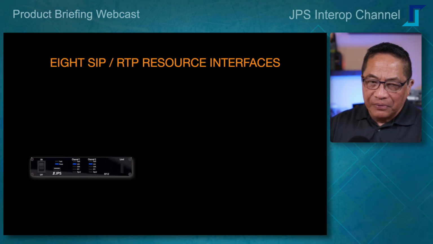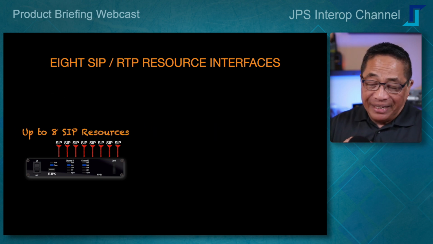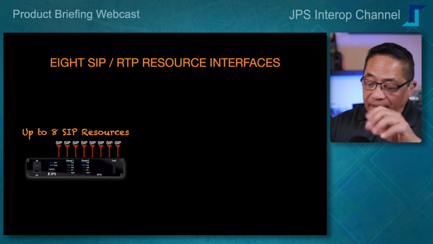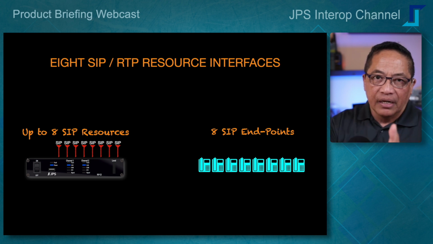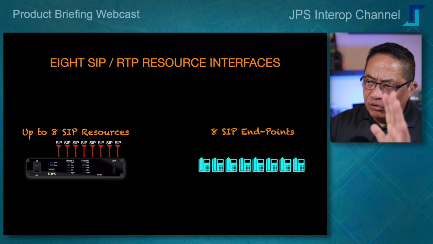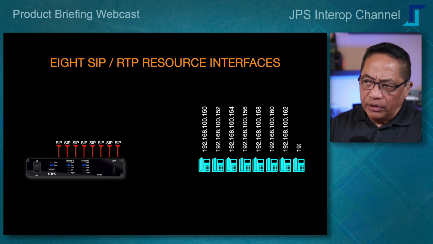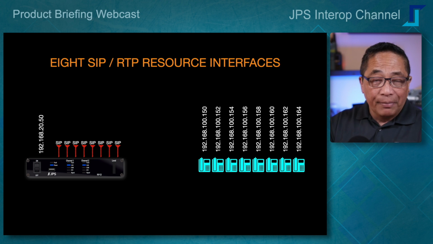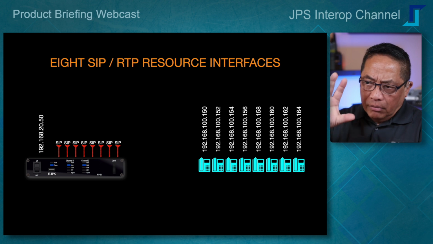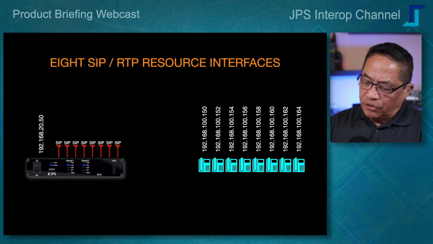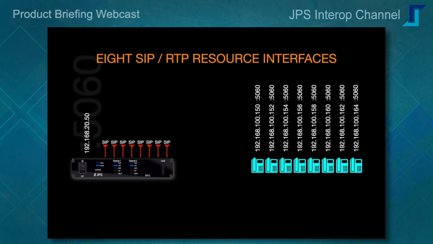And one thing I wanted to illustrate is an equivalency to the RSP-Z2, because that RSP-Z2 has up to 8 SIP interfaces. I'm going to equate that to 8 digital telephones that might be in a corporate office, for instance. And what's interesting about these digital telephones is that they do have unique IP addresses. But what's unique about the RSP-Z2, it only has one IP address, which is going to support 8 SIP resources, which is very unconventional. And so we have the signaling port, the 5060,